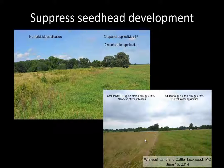Seedhead suppression has been proposed and used as a way to improve animal performance. And you can see some work here in, I think this is in Missouri, where they have no herbicide, or they put chaparral and they were suppressing not only the weeds, but they're also getting seed head suppression. This lower picture shows Grazon, where that was applied side by side with chaparral, and you can see how the chaparral is greatly reducing seed head production. Again, going back to what we said earlier about seed heads having these high concentrations of alkaloids,